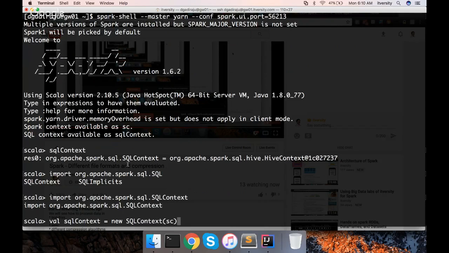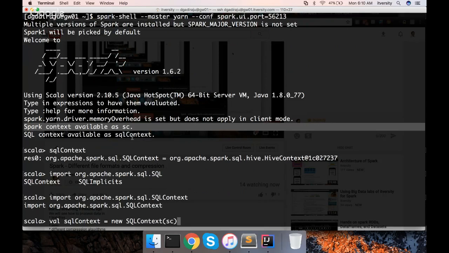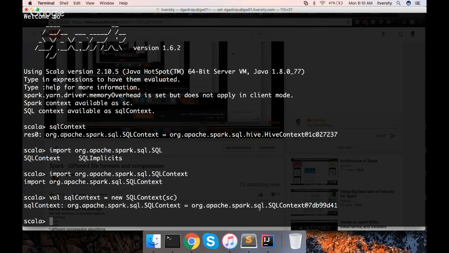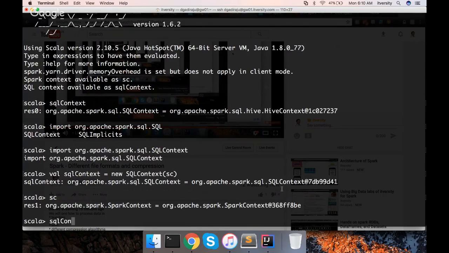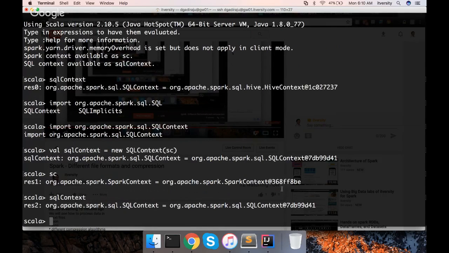So we have to pass this Spark context object, which is SC, which will be created when we start the Spark shell session. If you try to write the program, you have to programmatically create the Spark context, configuration, etc. And I have covered elsewhere, and you have to follow my earlier videos in the playlist to understand more about it. Okay, now the SQL context is created in org.apache.spark.sql.SQLContext. So now we have SC, which is Spark context, and SQL context, which is of type Spark native SQL context, which will provide us APIs for data frames.